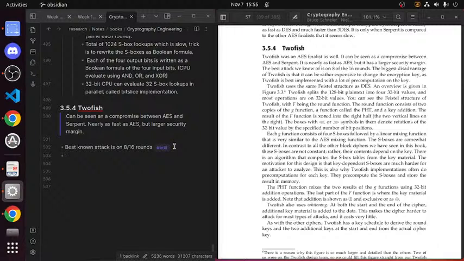So this seems to be the biggest issue. The biggest disadvantage is that it can be expensive to change the encryption key.